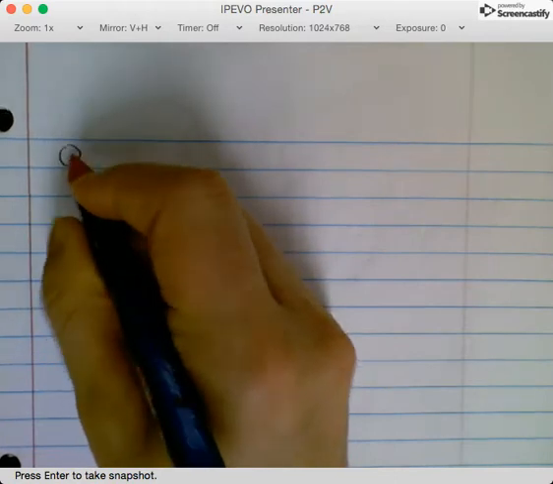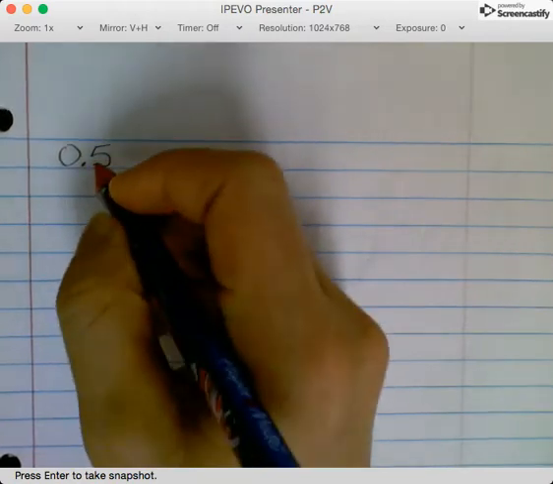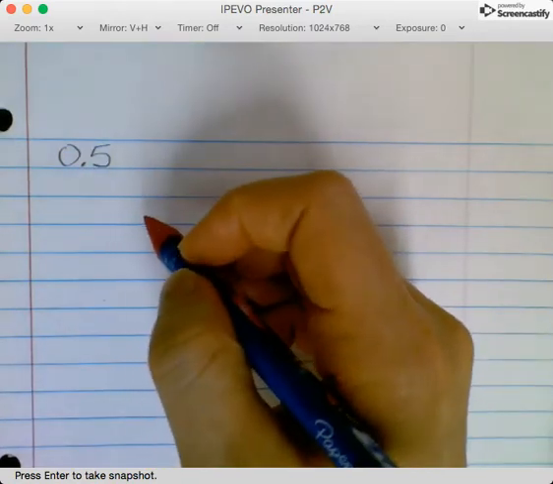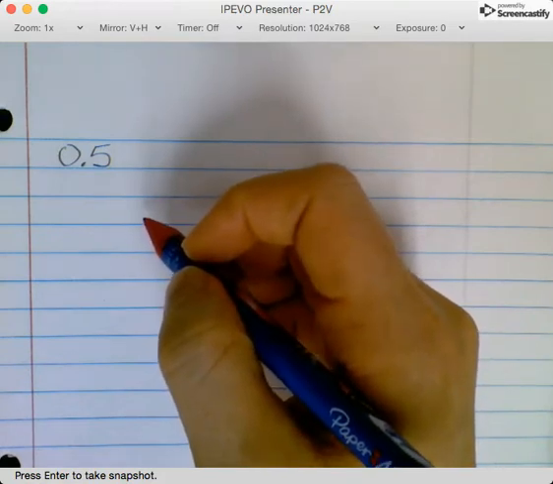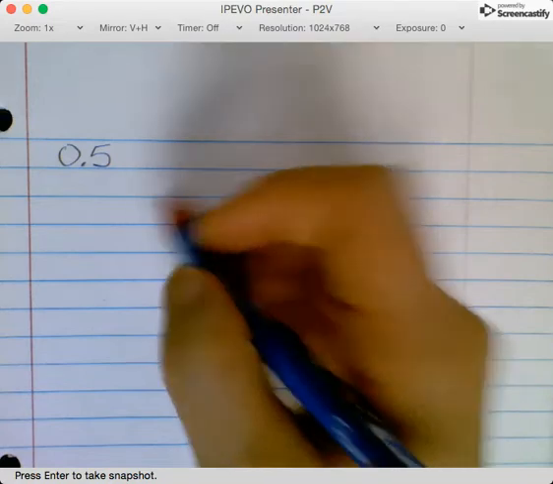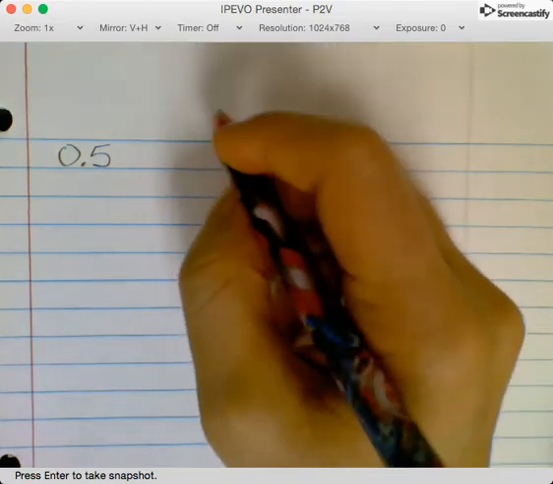Today I am going to show you an example of how to change numbers from decimals to fractions. We're going to start with just a simple decimal, 0.5, and we could probably do this one in our head since it's a simple one, but using the place value method,